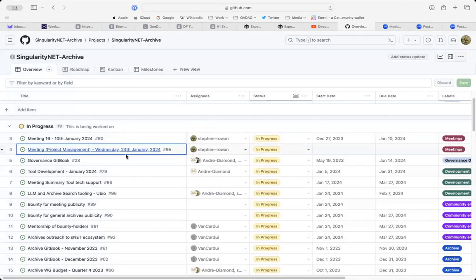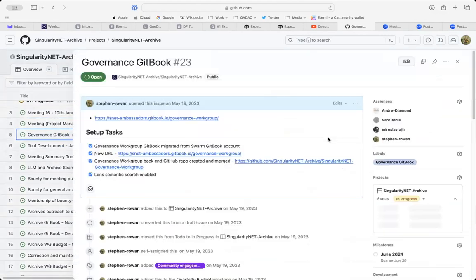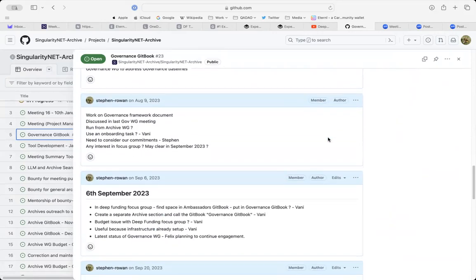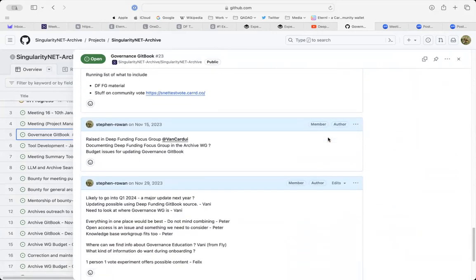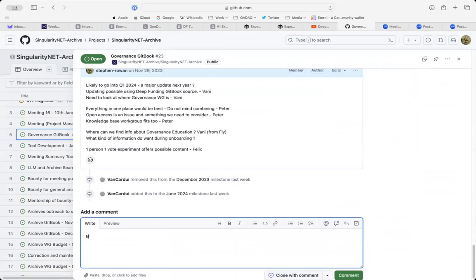What we do now is we work through the project board, and they're ordered by tags, labels on this side. So I've ordered them, and the first to discuss is the governance Git book. What is our status on this? If you can scroll down to the bottom and just add, because we've decided that the main update is going to be done in this quarter as a chunk. So if you could just add that, by next week I'm going to come with a list of things that I reckon should be included. I'll talk to Felix in the meantime.